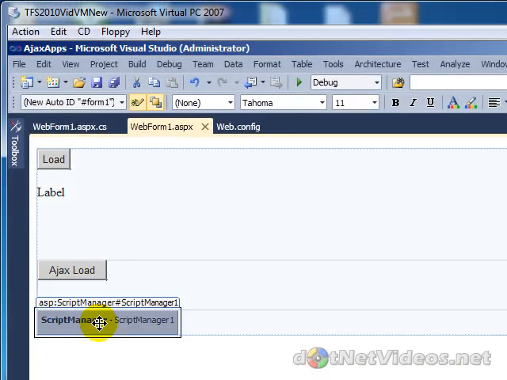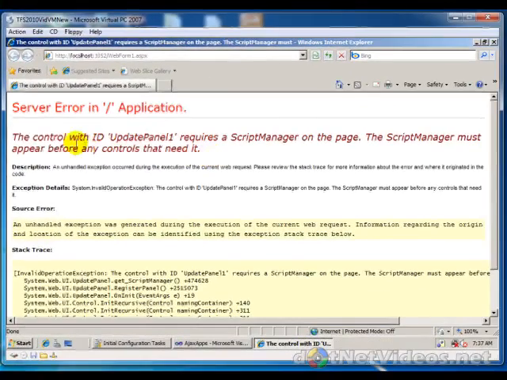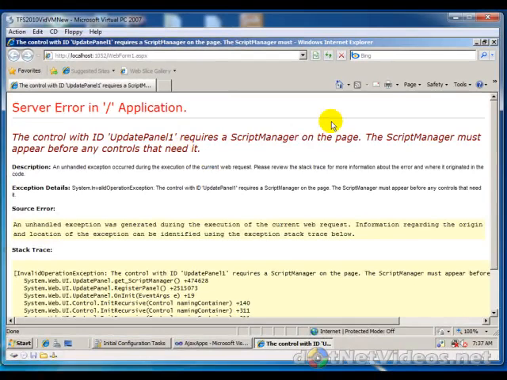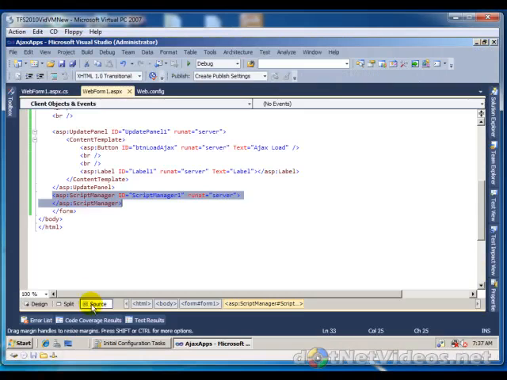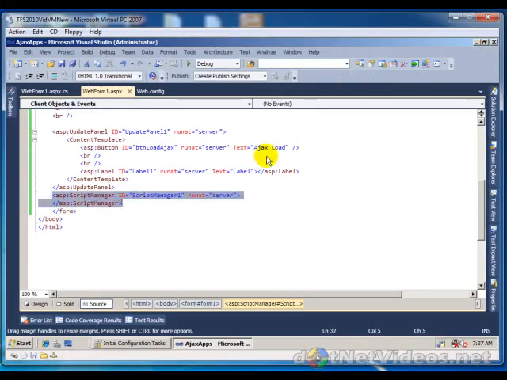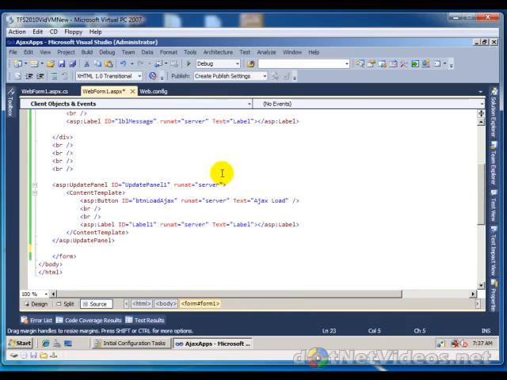So you notice I have my normal button, my normal label at the top. That's fine. But the script manager would need to be placed above the actual update panel itself, where we have the other button, other label. If we try to run this even, you're going to get a runtime error. It's going to say, very descriptively, you must have the script manager appear before any controls that need it. So that's one of the new nuances or gotchas to know. Again, the error page is very explanatory as well. So I'll simply cut that in the HTML,